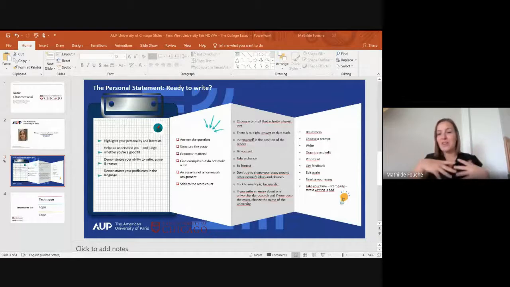So those are kind of listing all of my advice, but be honest. You do not have to try to make things up to be different. We're admitting you as the student. As Katie said, we're trying to find the best fit, and we want you to be the best fit for the university. So if we're seeing another student through the essay, it's not really you. We're looking for authenticity and quality of thinking, so don't try to shape your essay around other people's ideas or phrases.